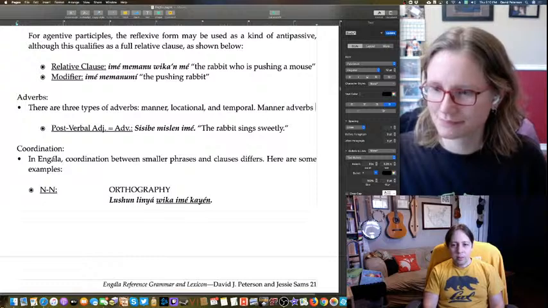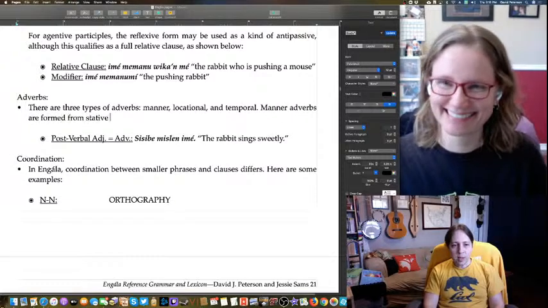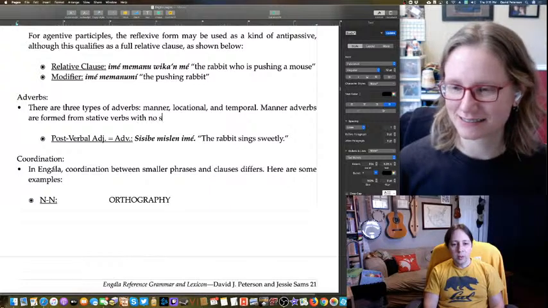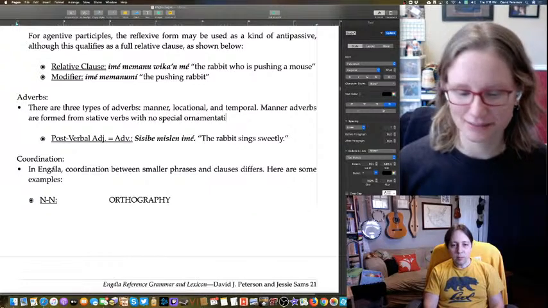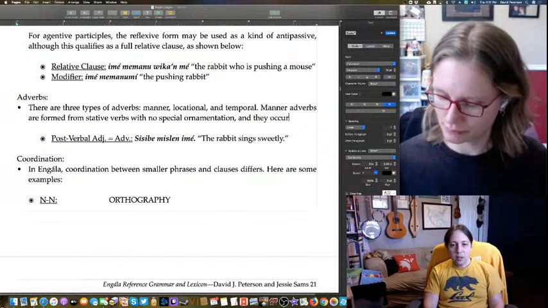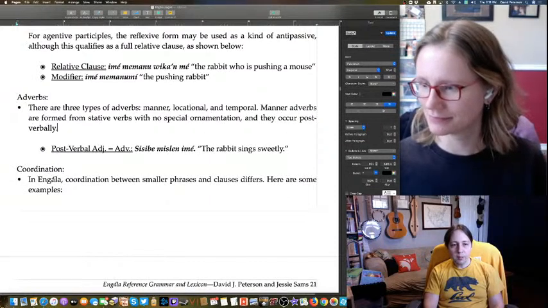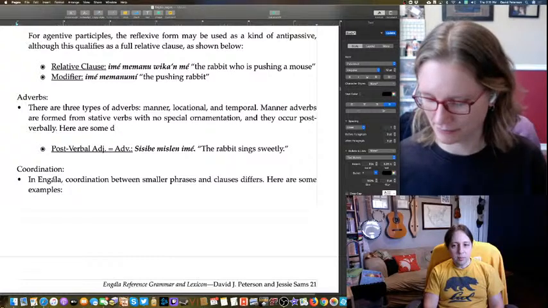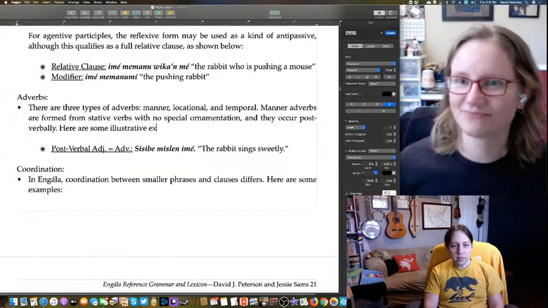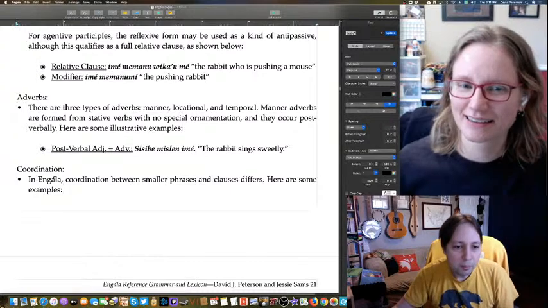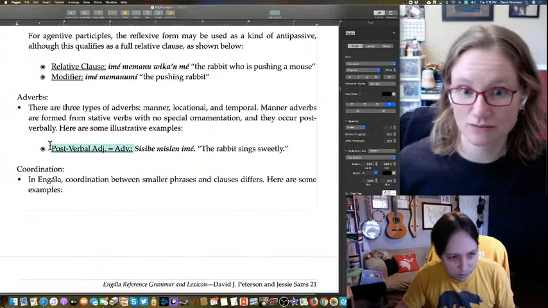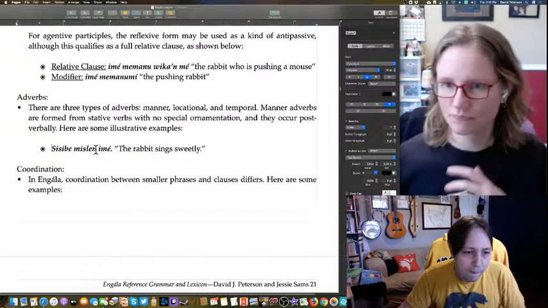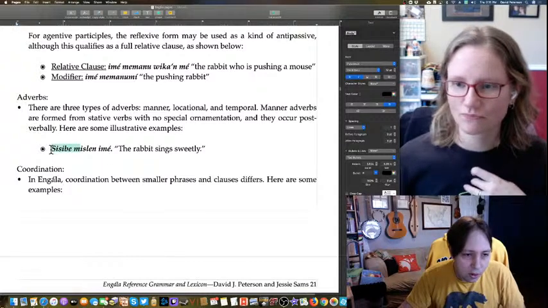Manner adverbs are formed from stative verbs with no special ornamentation, and they occur post-verbally. Here are some illustrative examples. Okay, so let's do a bunch of different stuff here. So let's start off with